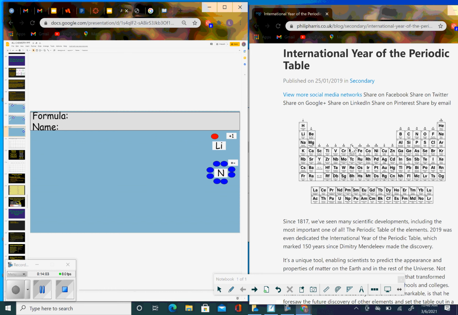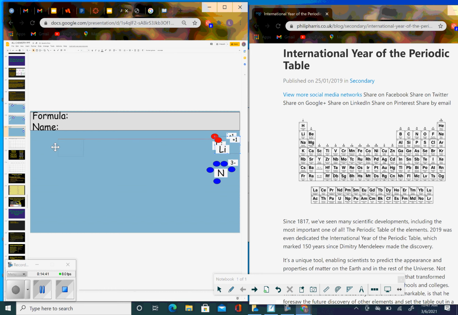And nitrogen is right here. So I've got 1, 2, 3, 4, 5 electrons, and I know it is missing 3 electrons, so we are a -3. I can also do that by finding carbon is a -4, so I'm going over 1 to the right, so that is a -3. So now I'm going to grab and make a copy of lithium, Control C, Control V,